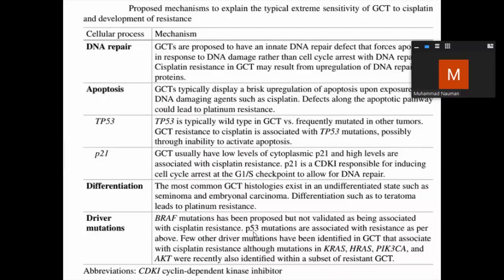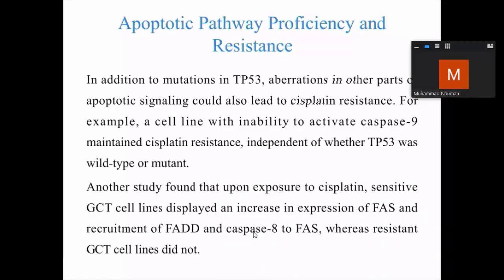Driver mutations. There are some mutations, like BRAF mutation, proposed but not validated, which is cisplatin resistance, P53 mutation, which have a role we have studied, and a few other mutations in germ cell tumor like KRAS, HRAS, and AKT. Now, apoptotic pathway proficiency and resistance. In addition to mutation in TP53, aberration in other parts of apoptotic signaling could also lead to the resistance. For example, a cell line with inability to activate caspase 9 maintained cisplatin resistance,